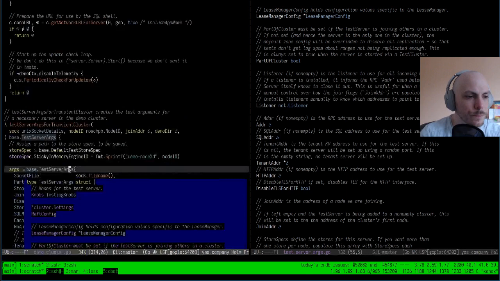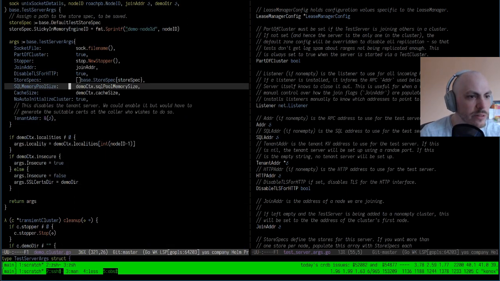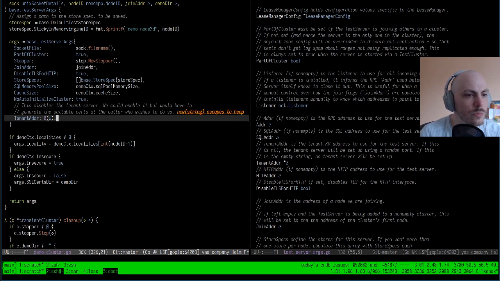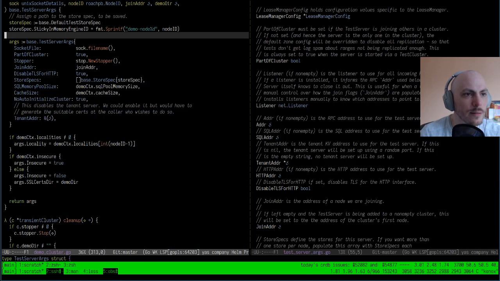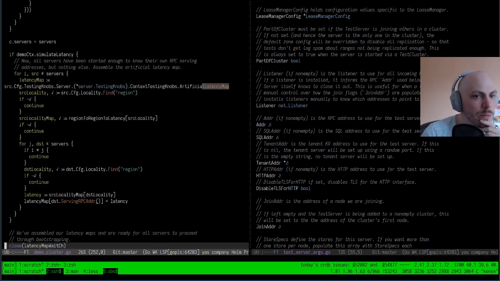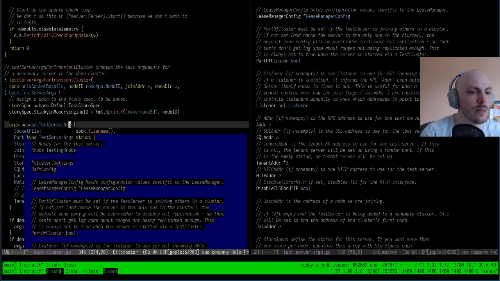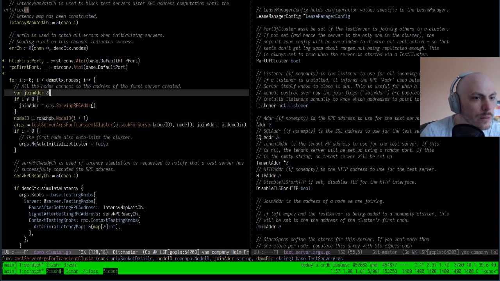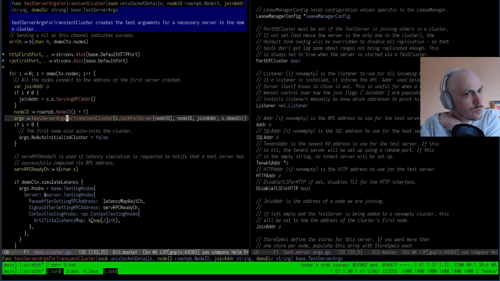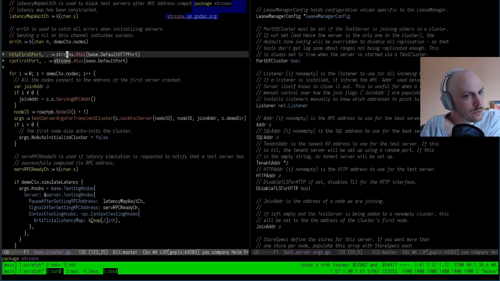All right. So the address is not being specified here, and we are going to add it. So we have a node ID, which is going from 1 to, I suppose, n. Let's see. Node ID starts from 1 to n, yeah. And so we want to start to make the default port